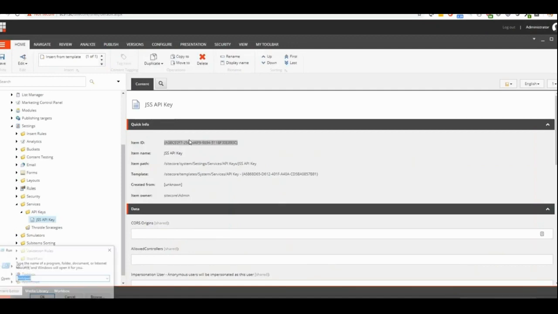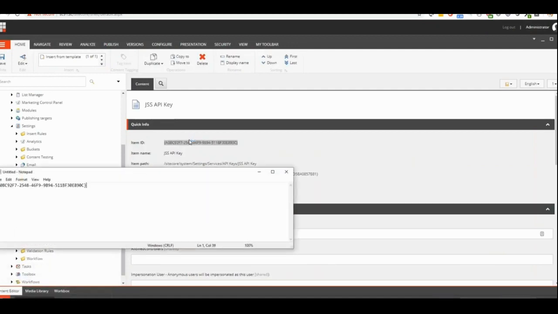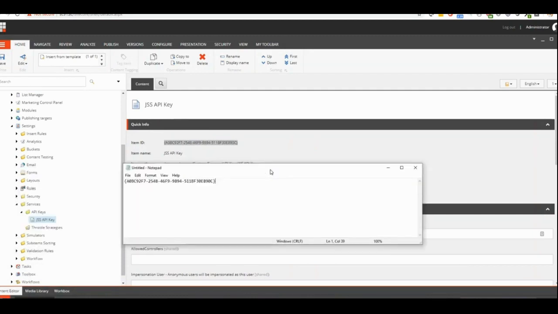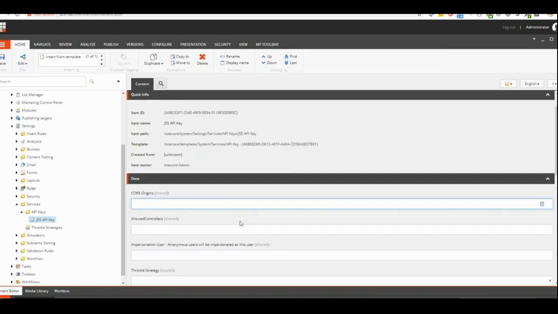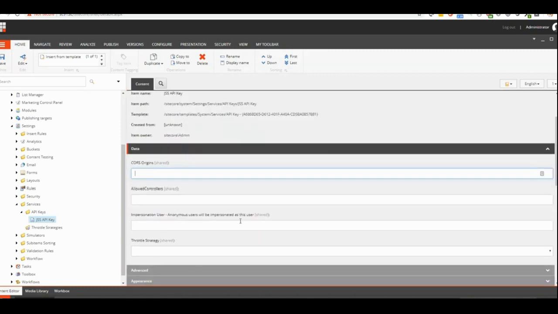I'll copy the item ID as well and put it in Notepad. I'm removing the hyphens and curly brackets. Here, for CORS origin, I'm making allowed control star.